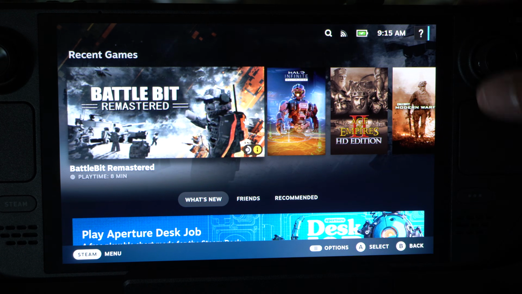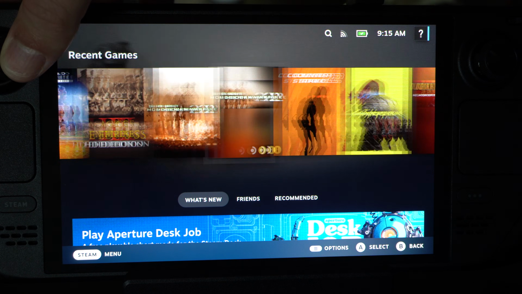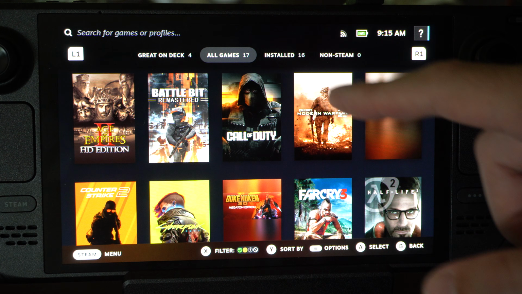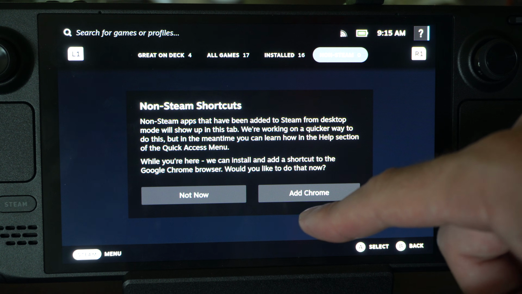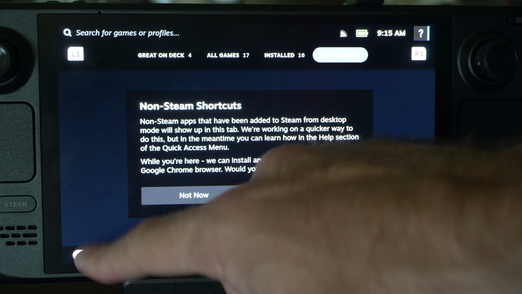So we can go up to the top here. If we go to the library, and we can scroll all the way to the right, it should be displayed under here if we add it. So it says installed, and then we have non-Steam. So we can add Chrome or whatever, it says that. But we want to switch to the